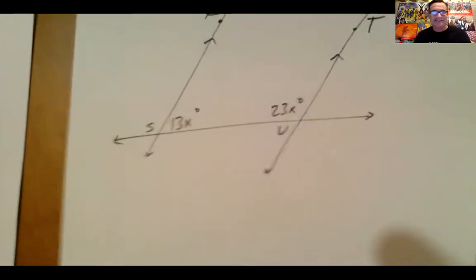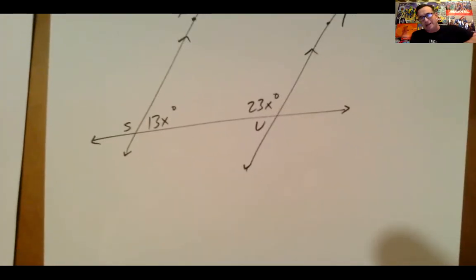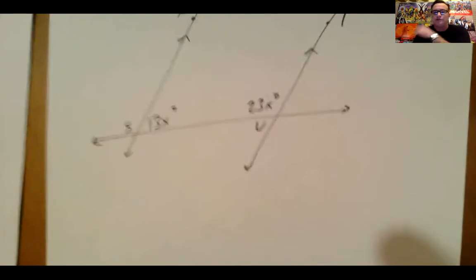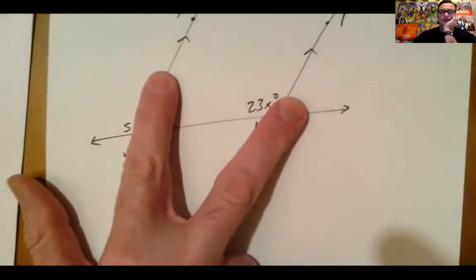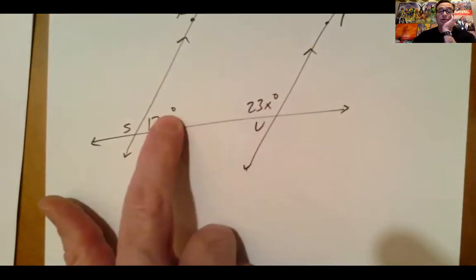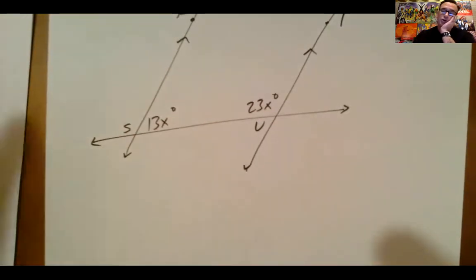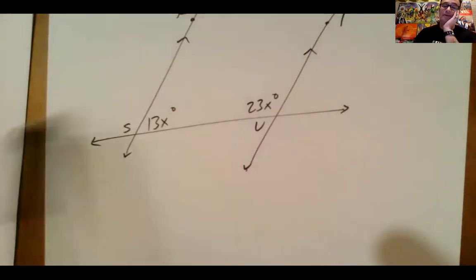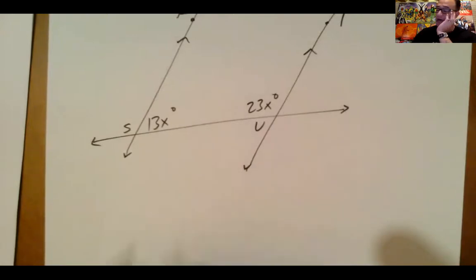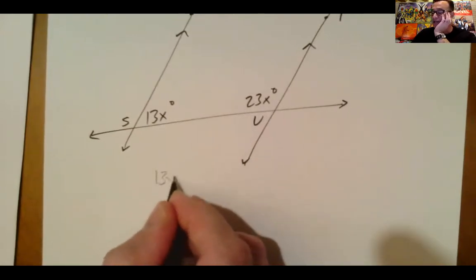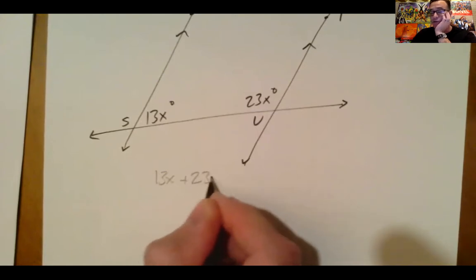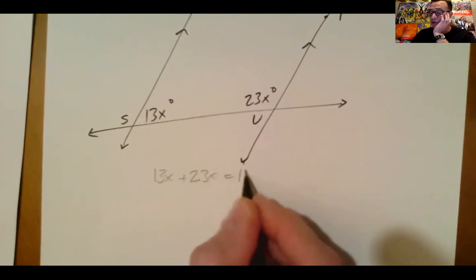And I dig this because you get so used to setting them equal to each other. You got to think about this one for a second. Parallel lines, they're on the interior, but they're not alternate. They're on the same side of the transversal. We just talked about this before. Same side interior angles are supplementary, which means if I'm setting up an equation with this to solve for x, I'm going to have to say that that 13x plus 23x is going to equal a total of 180